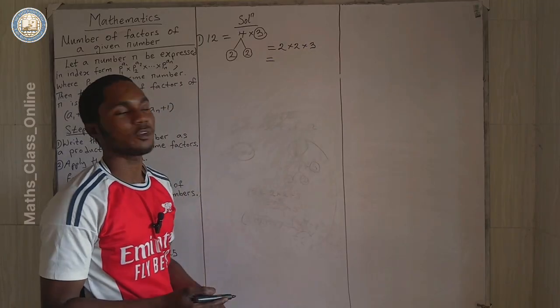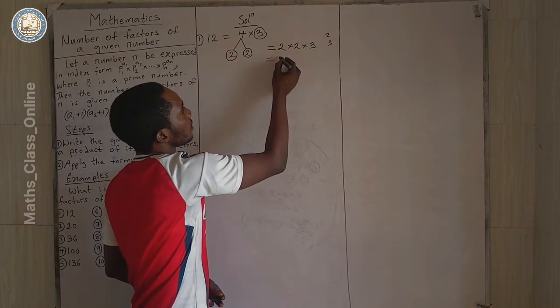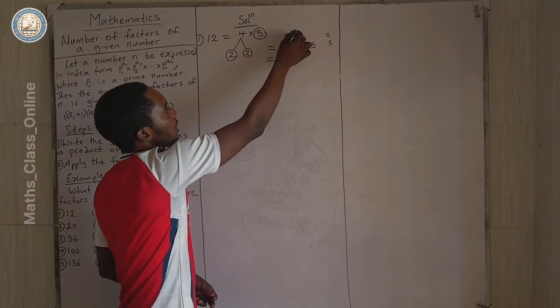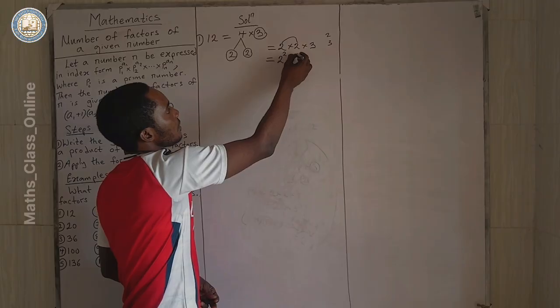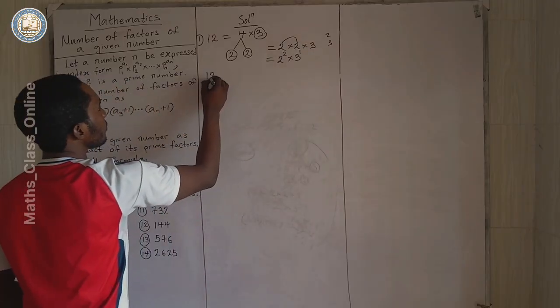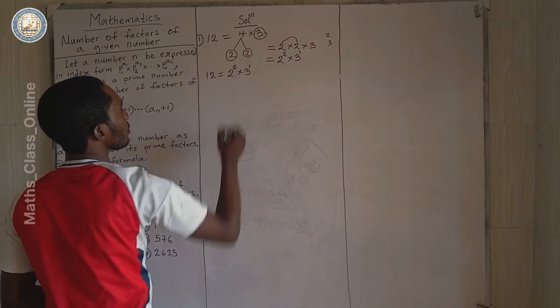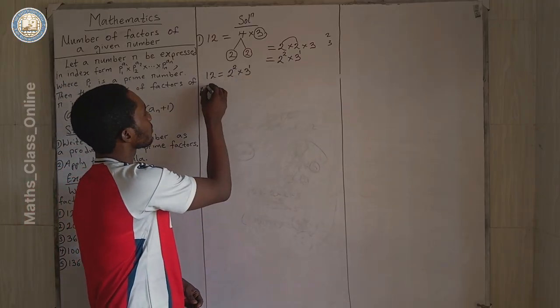Let's write this in index form. The prime factors that we have here are 2 and 3. How many 2s? 2. Times 3. How many 3s? 1. So that means that 12 is equal to 2 raised to the power of 2 times 3 raised to the power of 1. Number of factors